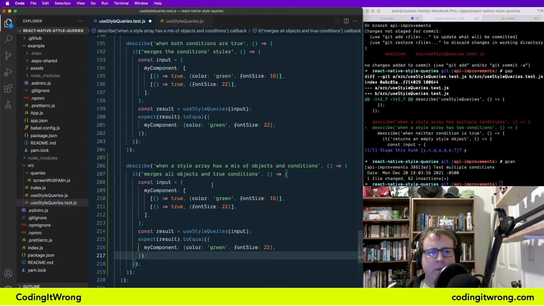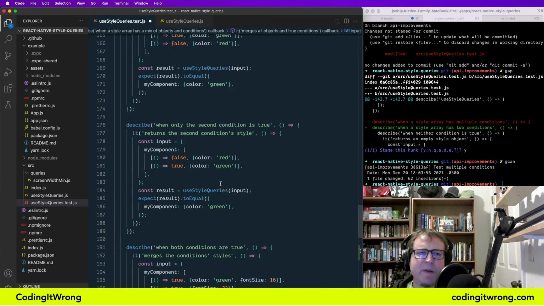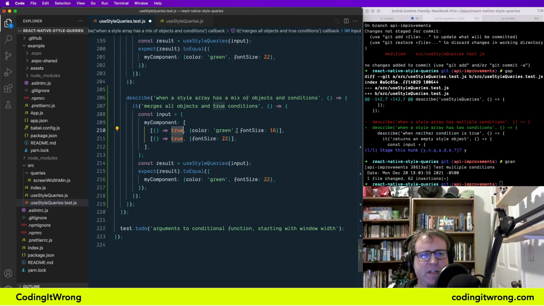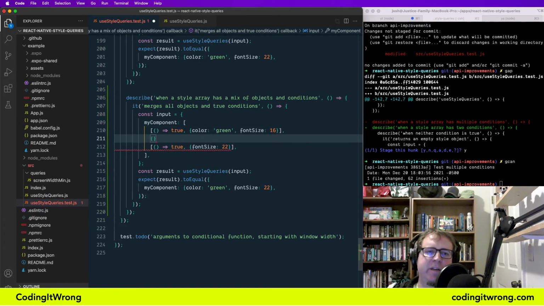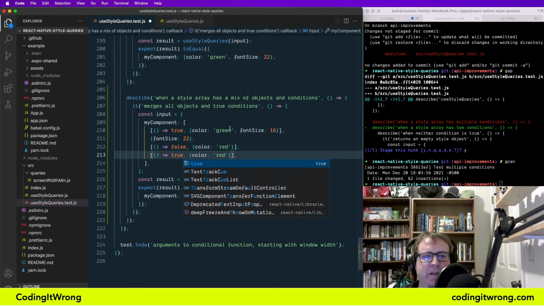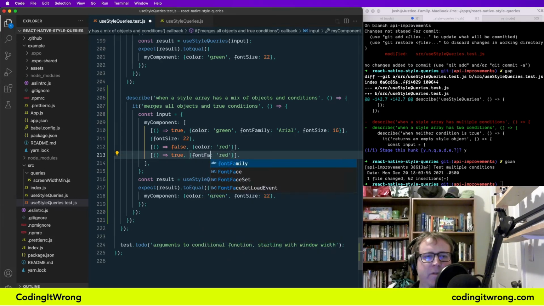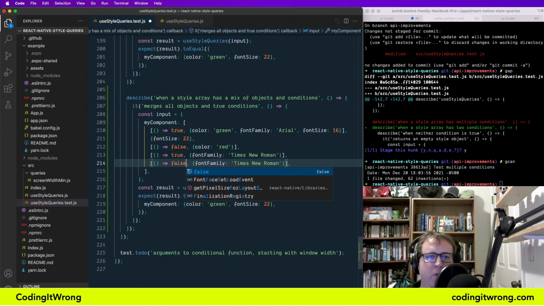So let's start. We have other cases where we start with an object, so let's start with a conditional. Let's start conditional true green, font size 16. We'll say font size 22 is an object. We'll go with a false condition and do color red, just so we know not to look for it. And then we'll do another true condition. We'll do font family Arial here. We're going to say font family Times New Roman. But we definitely don't want